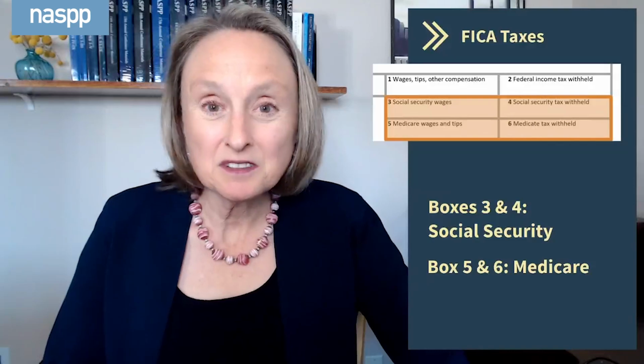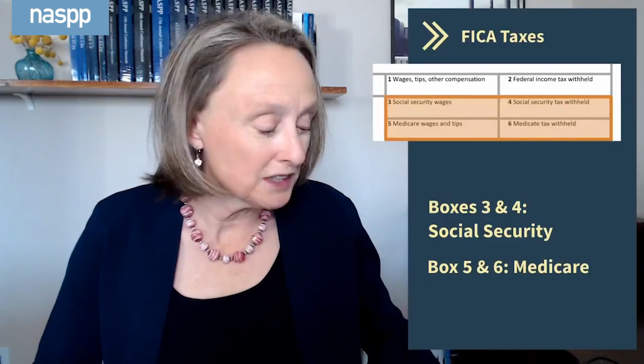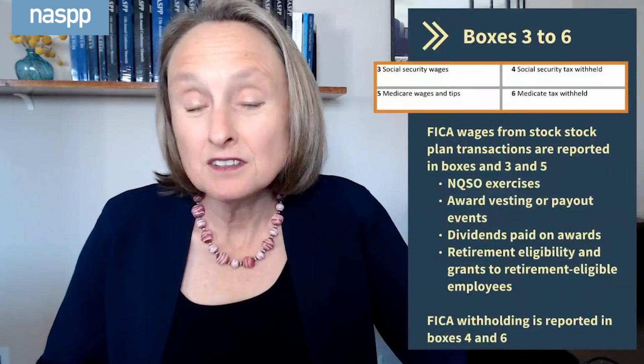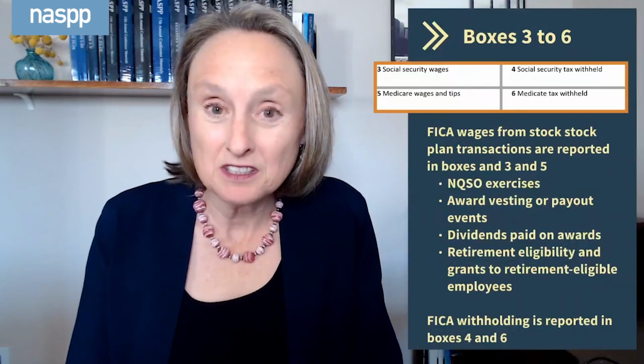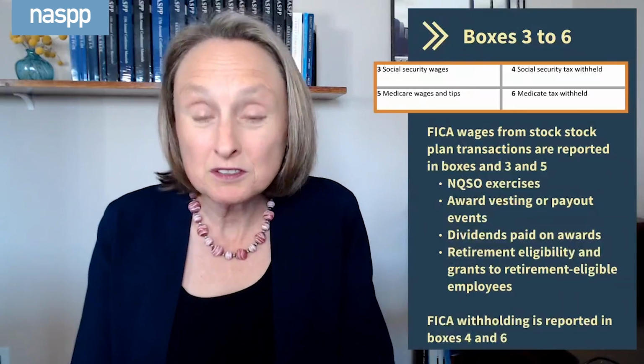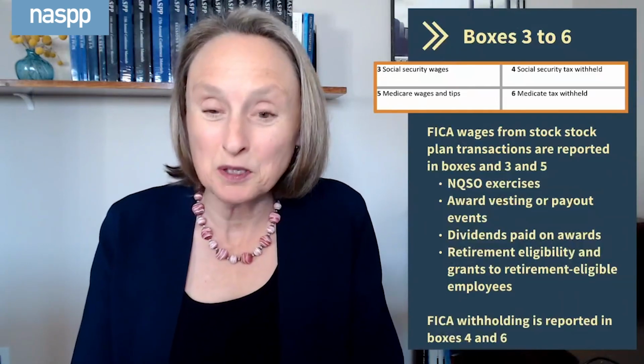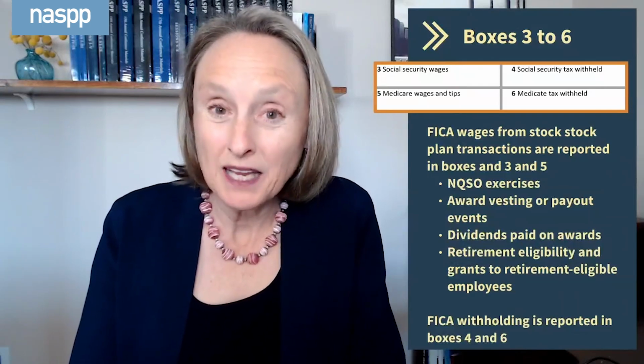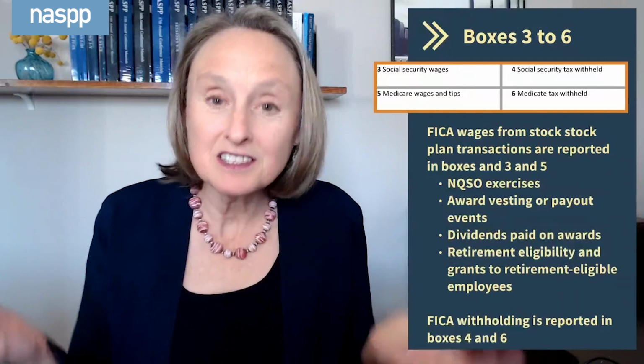Boxes 3 and 4 are for Social Security wages and withholding, and boxes 5 and 6 are for Medicare wages and withholding. In most cases, when employees recognize compensation income for their equity plan transactions, that income is also treated as wages for FICA purposes. This will apply to non-qualified stock option exercises, RSU vesting and payout events, and in many cases, the dividends paid